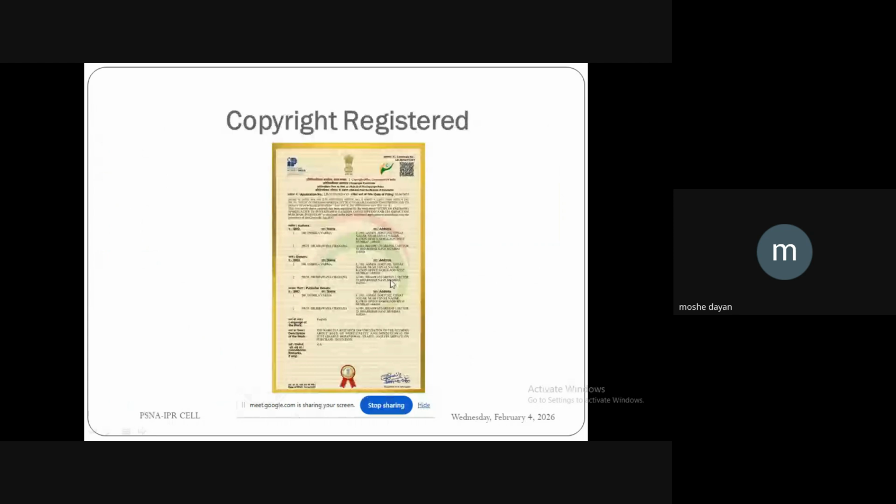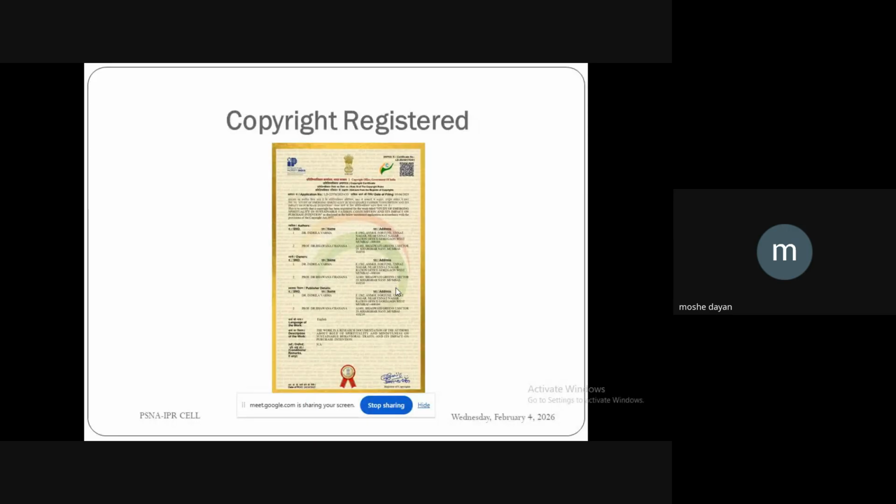This is how you get a golden certificate when you get protection, maybe for a copyright, a patent, a trademark, or an industrial design. Earlier, my first patent certificate was a sky blue certificate, which I received in 2019. Now the present certificate appears like this. Wow, it looks so good, with the barcode, the Government of India logo, the Patent Office logo, and the signature of the CG.